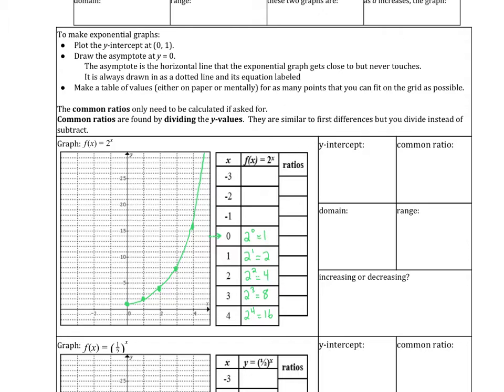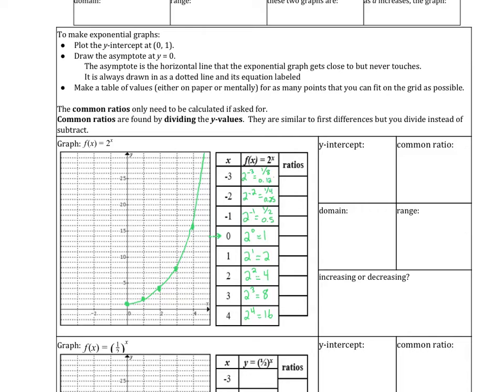So when x is equal to -1, 2 to the -1, remember a negative exponent flips the base upside down, so that is equal to either 1/2 or it's equal to 0.5 if you wanted to make it a decimal. 2 to the -2 is 1 over 2 squared. So that would either be 1 over 4 or 0.25. And if x was -3, 2 to the -3 would be 1 over 2 to the 3, which is 1 over 8 or